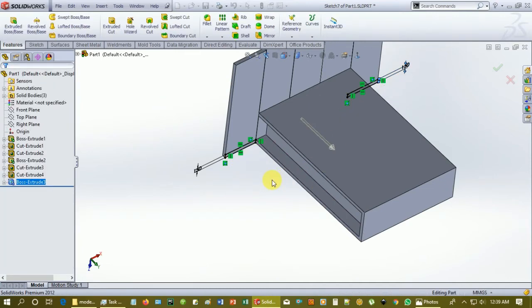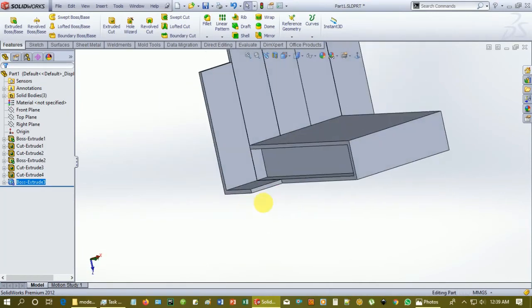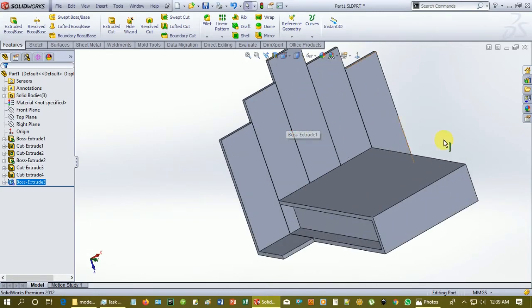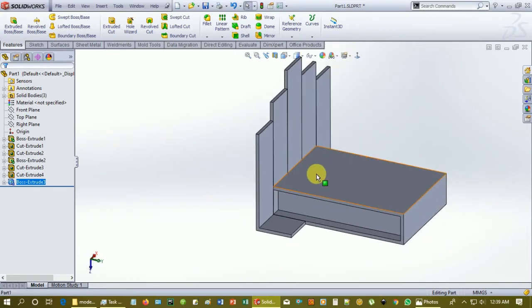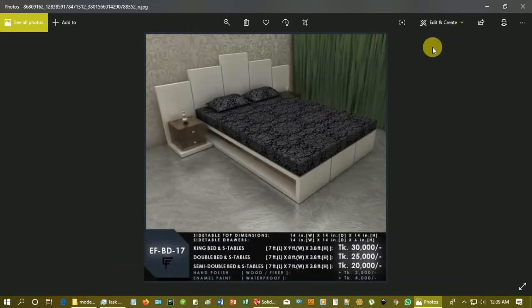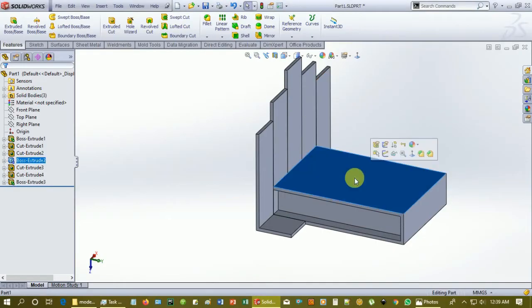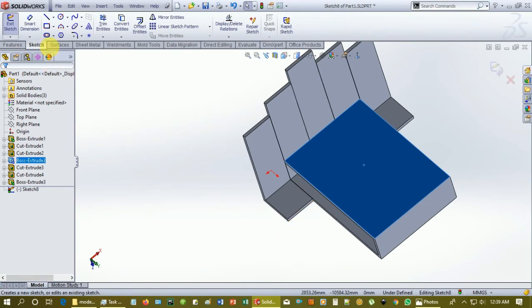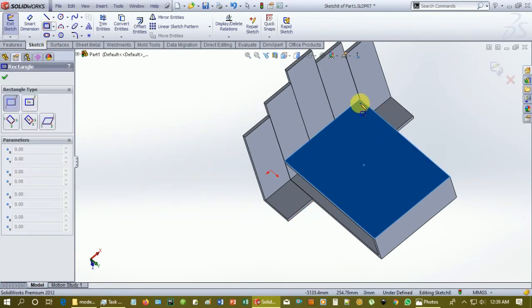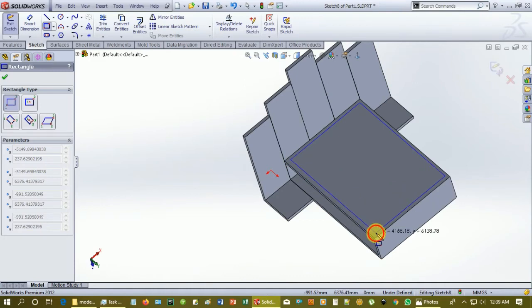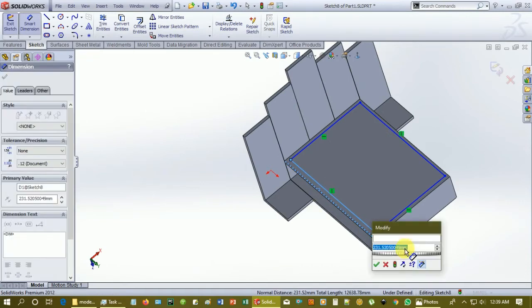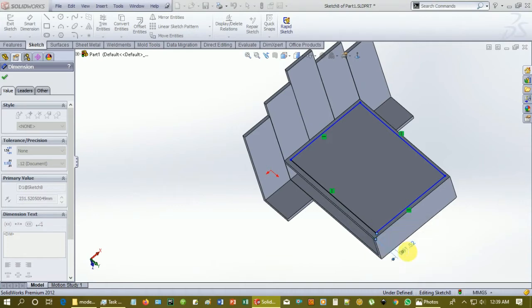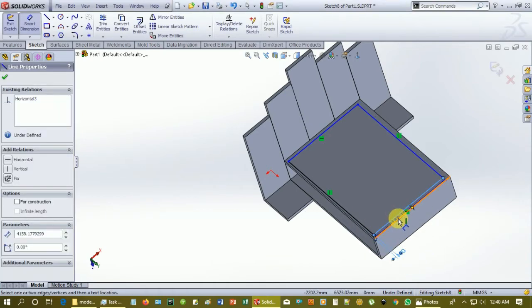So here is our bed, right? So here is our bed. So we need to decrease some material around it. So we need to draw a rectangle here, and keep the gap between every portion. 100, I think 100 is okay. 100,